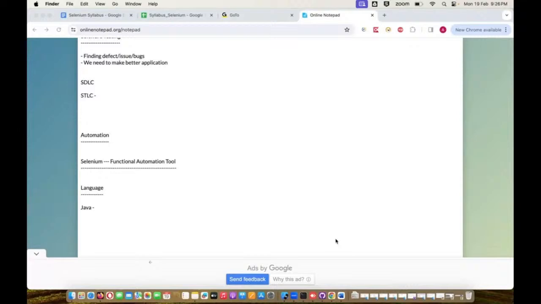You can obviously tell why we are preferring only Java, not other languages. Why not Python? Why not C sharp? Why is the first preference given to Java? Anybody? It is platform independent. Yes, perfect. So guys, whatever advantages you are aware about Selenium, like it is open source, it is multi